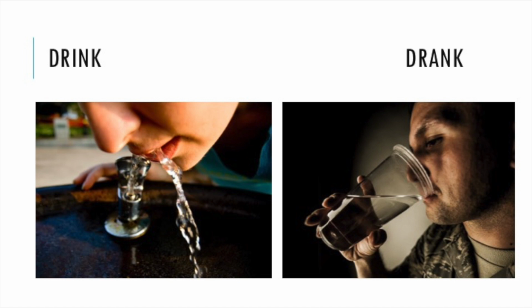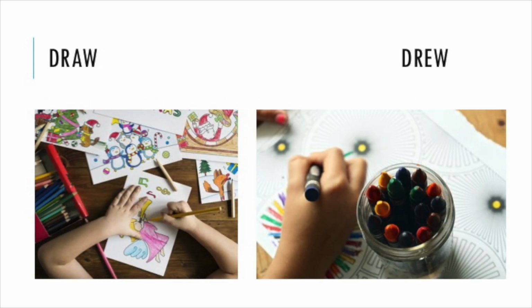So once again, delete the I plus A. Drink, normal verb word, present tense. Drank, past simple. Draw, drew. So this time, we delete the A and replace it with